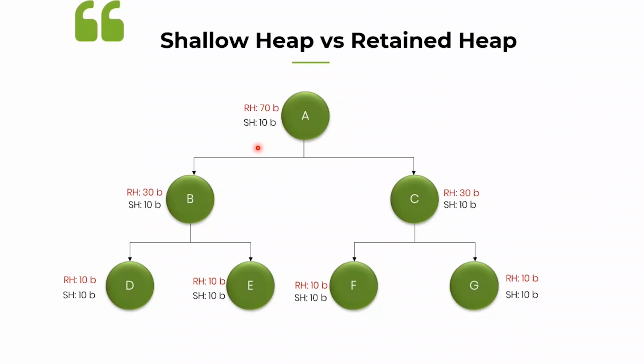Okay, so now let's make this example even more interesting. Let's say because of object allocation, a new object X got created in memory, and this X starts to reference object B. Let's keep X's shallow size to be 10 bytes itself. So now, what is going to be the retained heap size of X?